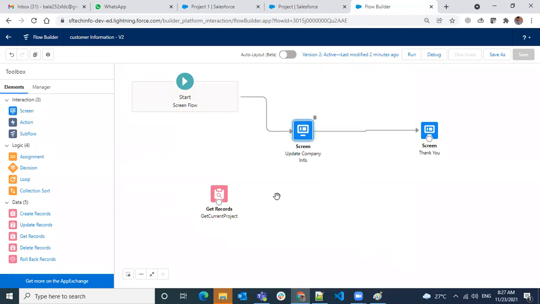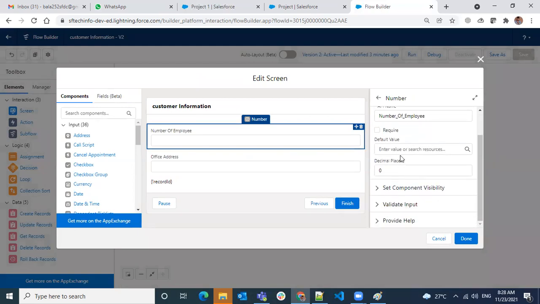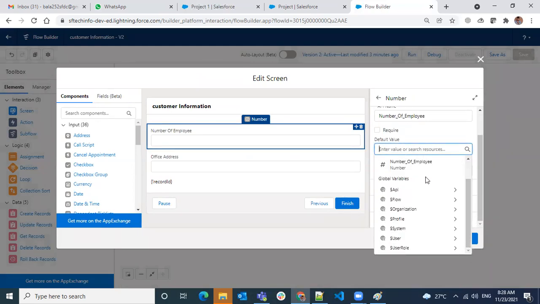Then done. Okay, now if I leave it like this, it will not execute. First it will start, and it will execute the screen, and it will wait for the user action, and it will go to the screen. This will never be executed. So what I have to do is delete this path, and first fetch the records, and once I fetch the records, then only I will go to the screen. Even though I fetched and go to the screen, the values that I pulled here will not be populated. What I have to do is go to this field, and here you'll have a default value. Here in the default value,